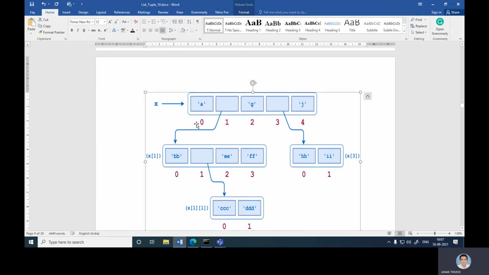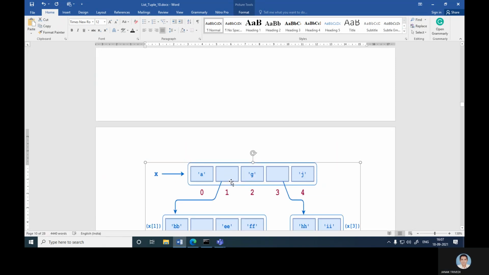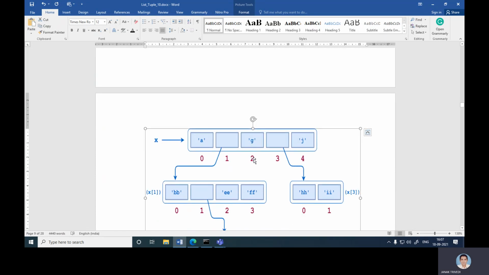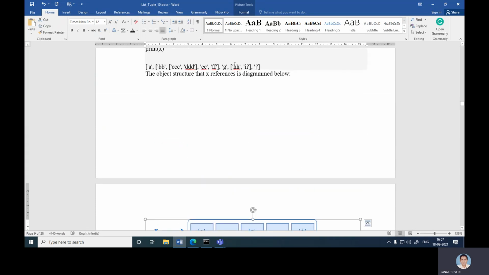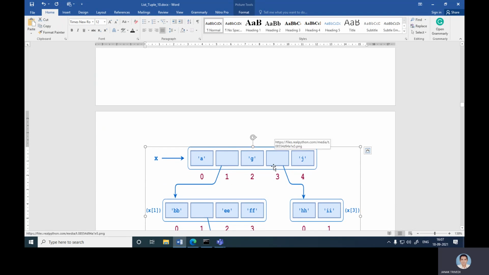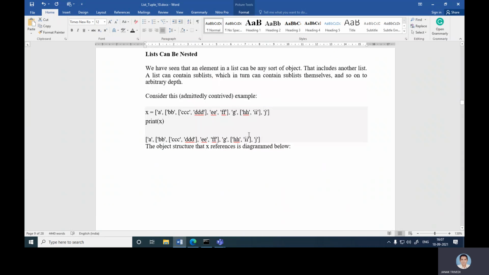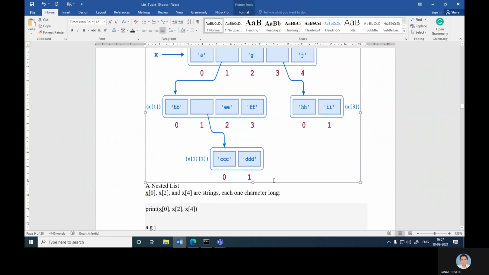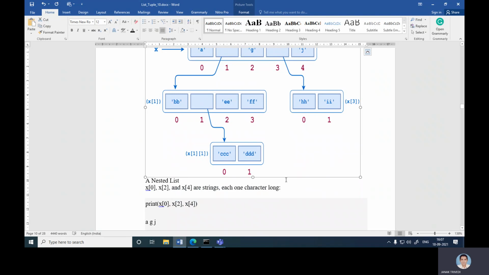So this index is x of 0, this is x of 1, and this is x of 1, 1. Okay, hope you understand. Then G. So G second, there is no sublist present. Okay, G, HH and II, so then a space, sublist there, so then HH and II. Okay, then the last word is J. Okay, so this is the nested list example.